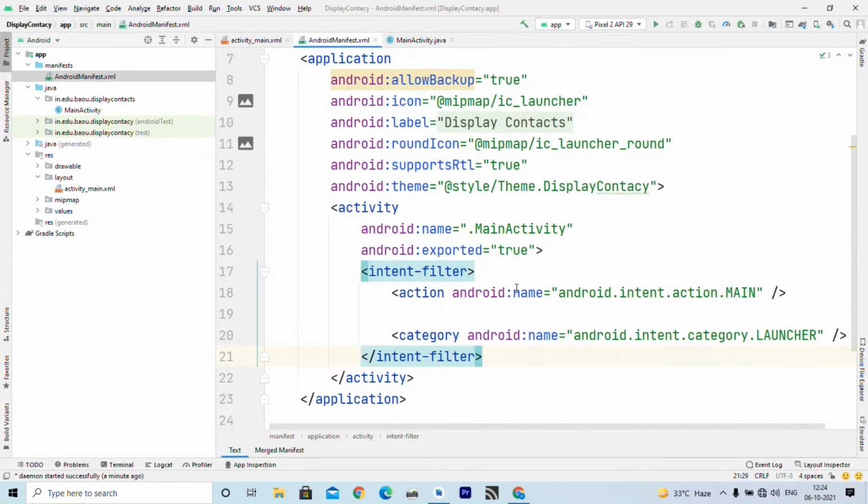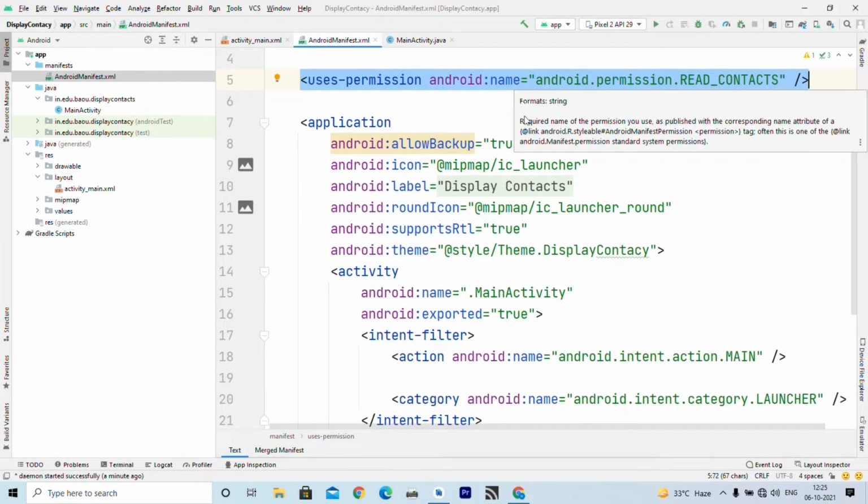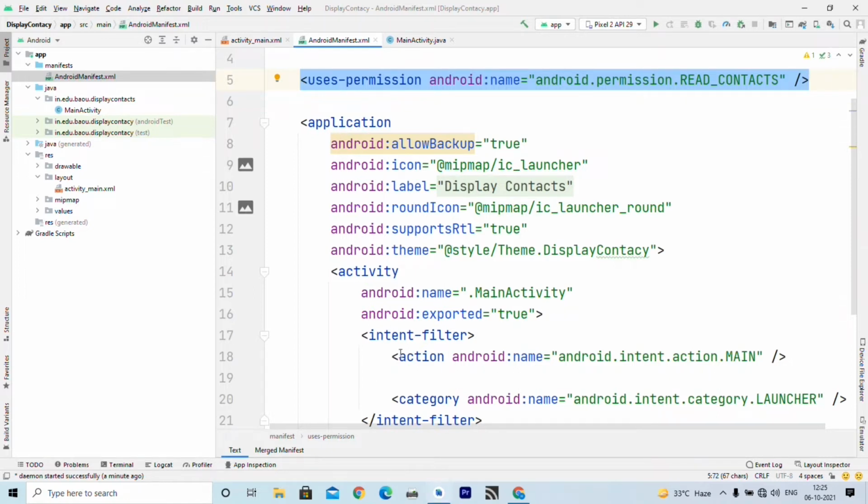You can see this line: uses-permission, and then you have to provide the name of the permission, which is android.permission.READ_CONTACTS. Now, READ_CONTACTS is a dangerous permission, so you have to explicitly ask the user to grant this permission. We will ask the user to grant this permission at runtime. So, remember to include this line in your manifest file before the application tag, right?